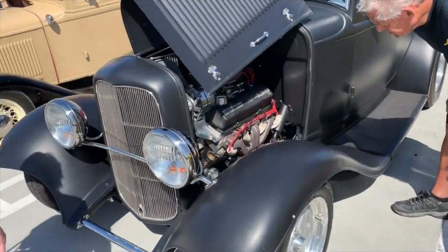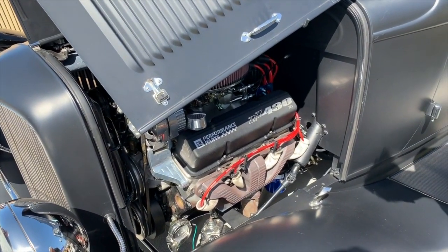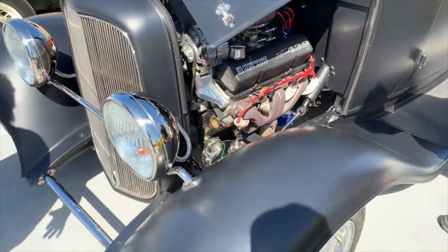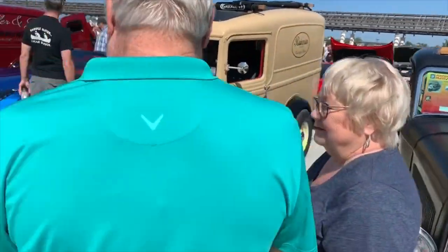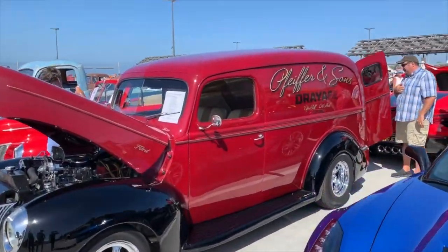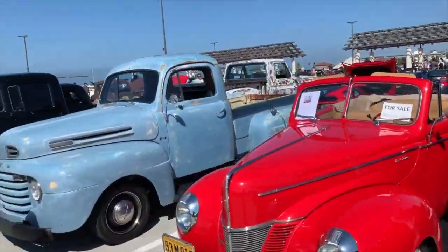a '32, look at that, running a small block Chev 430. Really nicely done. Very nicely done. Great looking Ford delivery van there, another C7. Look at this Ford delivery, isn't that beautiful? Pfeiffer & Sons drayage, nice. Ford hot rod, Ford truck,